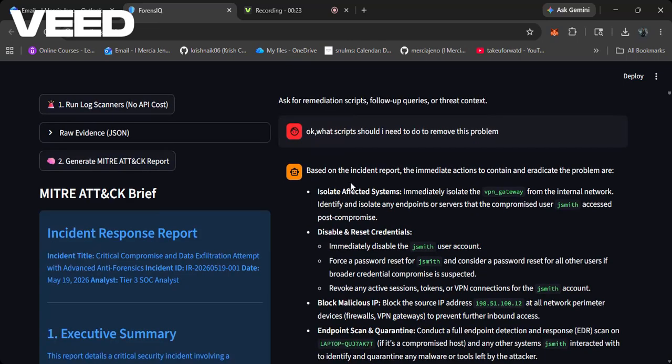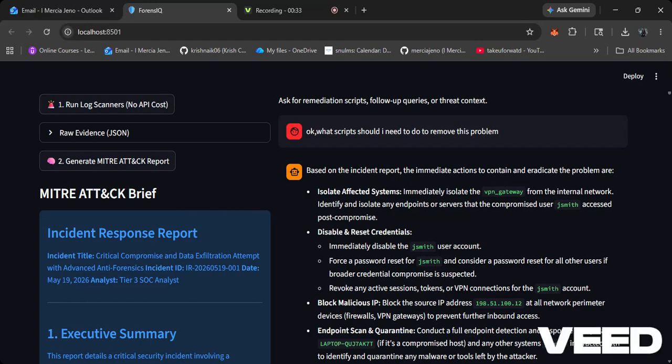So, the architecture I have divided into two parts. One is the deterministic detection logic, and the second is AI-assisted reasoning and investigation. Deterministic detection logic includes brute force attempts, privilege escalation, anti-forensics behavior, data exfiltration indicators, log tampering, time tampering, and all that. The AI layer just interprets the correlated attack chain, maps it to the MITRE ATT&CK framework, and then assists the SOC analyst interactively.